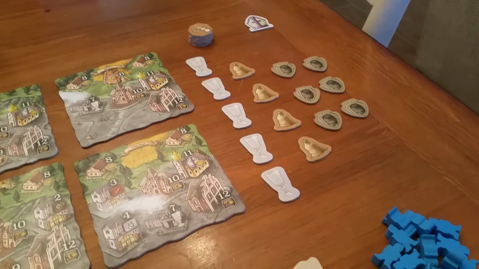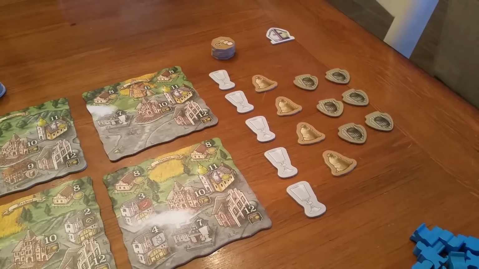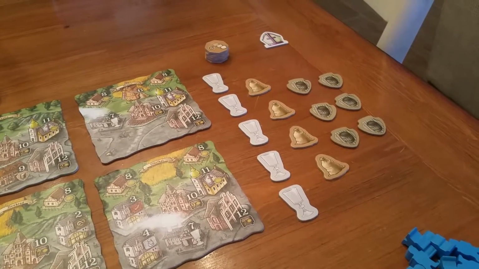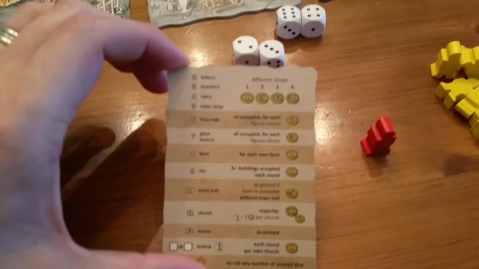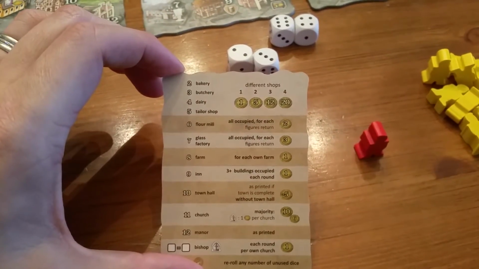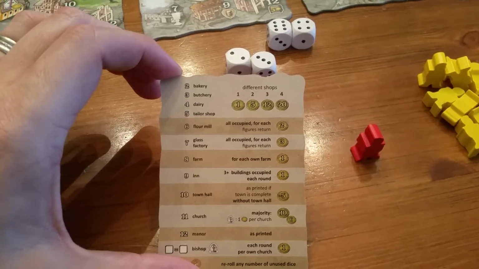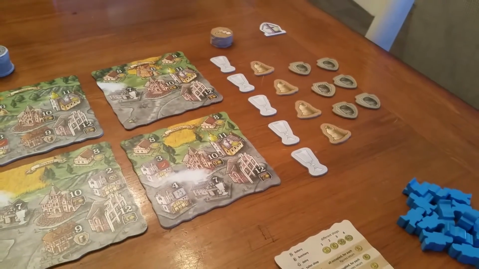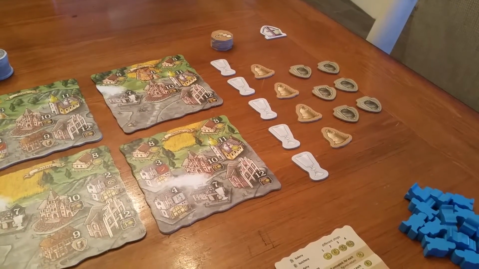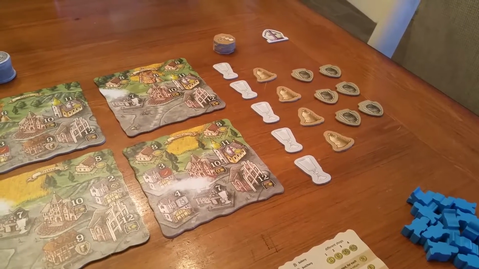When all of the tiles have been gathered during the game for the flour or for the glass factory, when either one of those piles is depleted, then you do an intermediate scoring. And on your player aid, it shows that the flour mill, when they're all occupied, for each figure that you return, you earn $2. For the glass factory, it's $3. So if all of the spots are covered out on the board, which in this particular game, because of the way the tile is laid out, we have 5 of the glass factories and 4 of the flour mills,